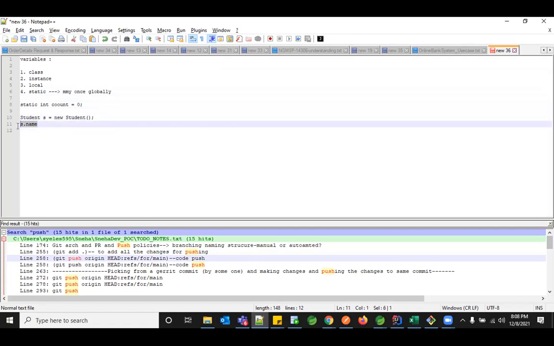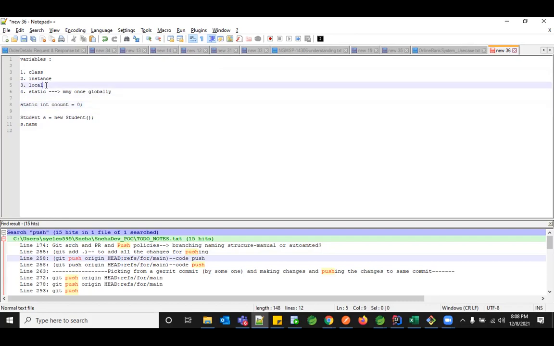The s object will not be accessible and it will not give you the respective variable value. But in case of static, there is no necessity that your instance is required. You can have this value throughout your program's execution. The memory will not be deleted and it is globally accessible unless your program gets exhausted, like when you shut down your program. Till then you can access it anywhere globally. That is the reason we go for static.